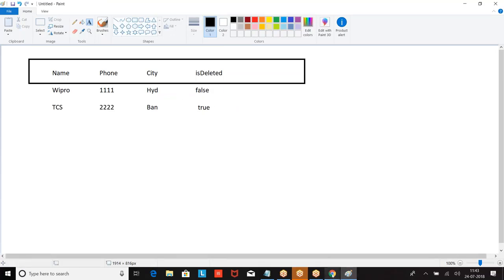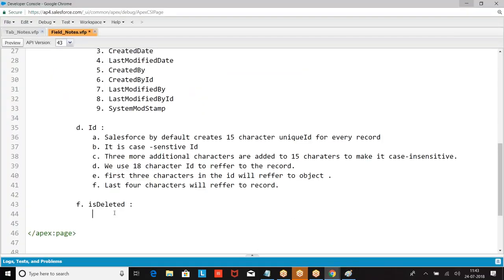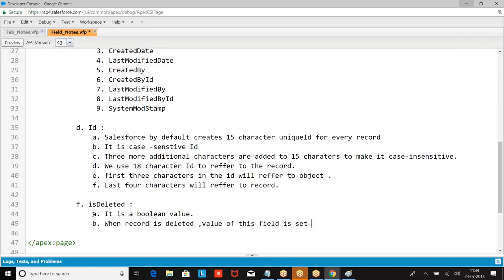True. So let us go back. Is deleted is a Boolean value. When a record is deleted, the value of this field is kept as true.